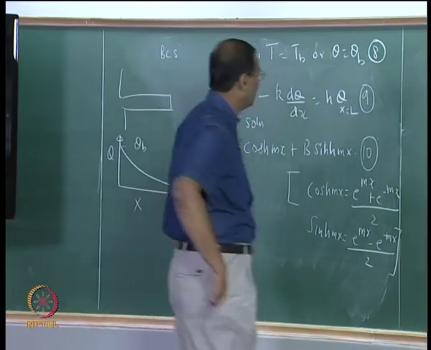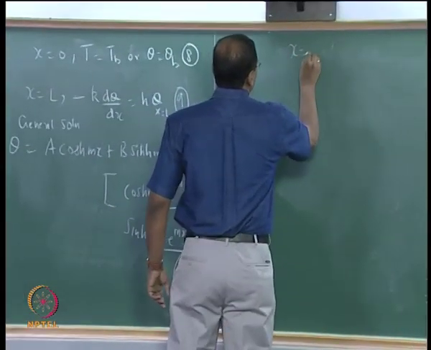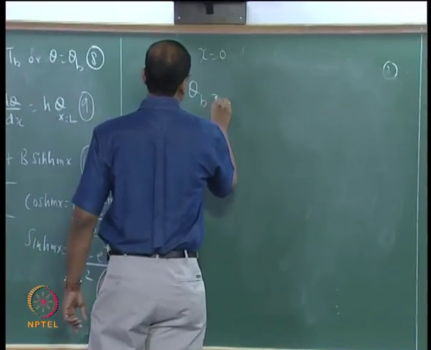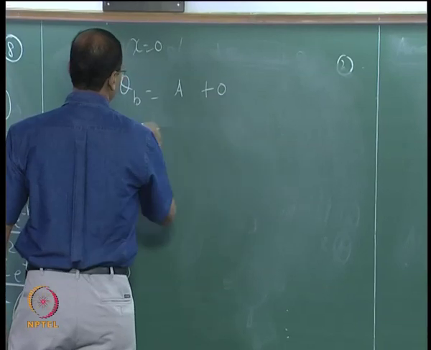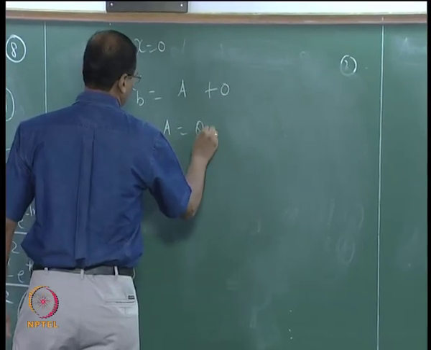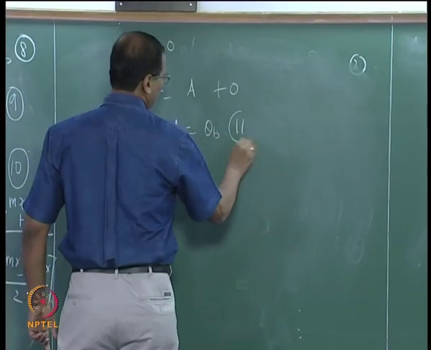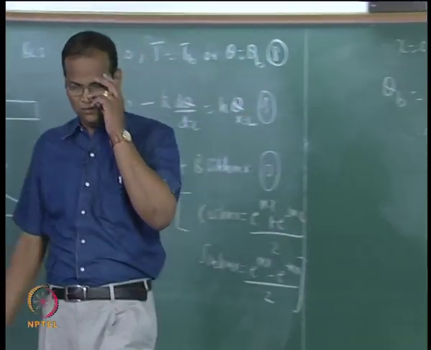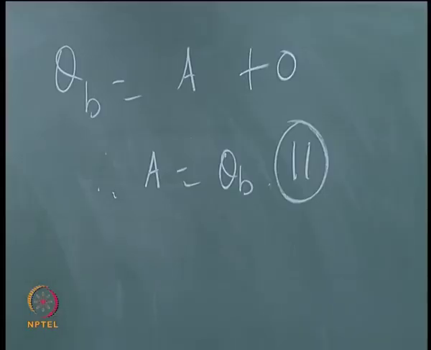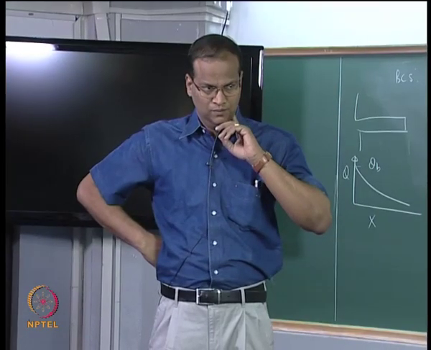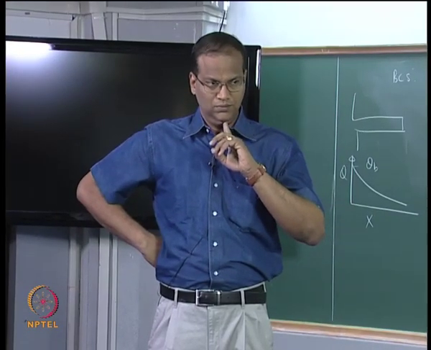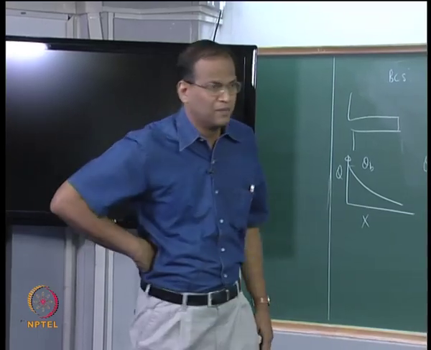Okay. Now x equal to 0, is that correct? Sin h of 0 is 0, cos h of 0 is 1. All right. Therefore,